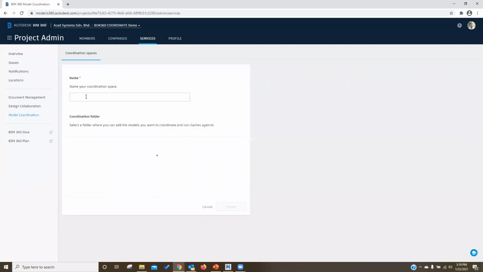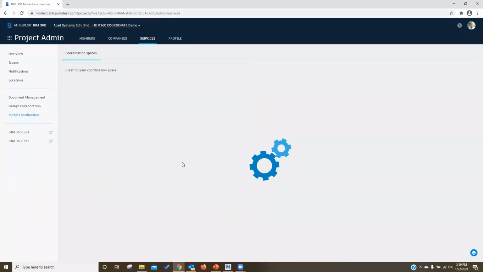And I would like to create a new one. For instance, I'm creating the structure versus MEP. Okay, and I will select the folder that I created. Say that this one is coordination structure versus MEP, and create. Okay, it's going to take a few seconds to update.